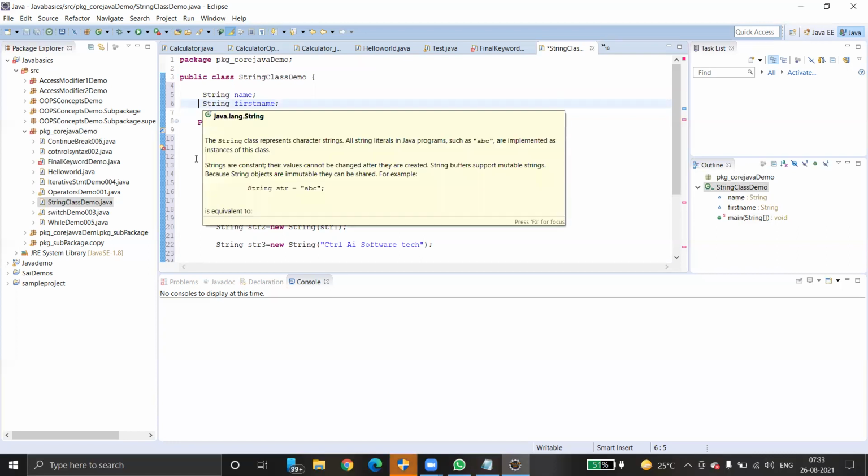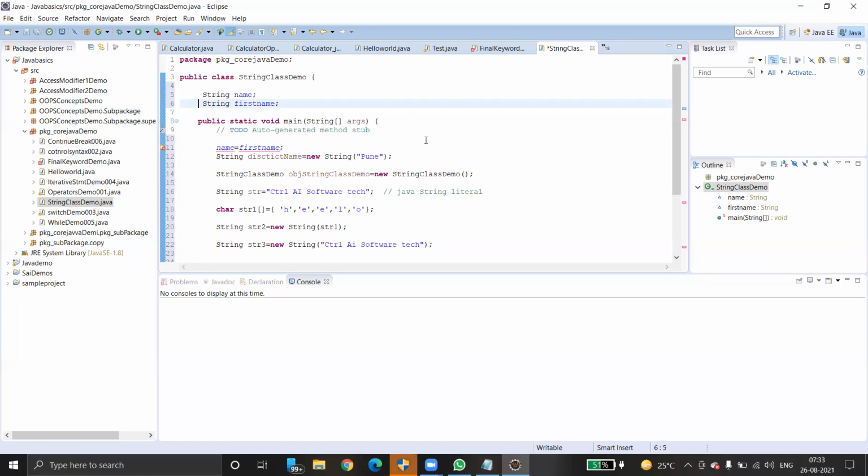But I could not understand that one. Why can't we assign strings? Whatever you are just assigning, right? What happens if you don't assign any value? By default, it will take null values. If you don't have any value assigned, automatically by default, it will take null value.